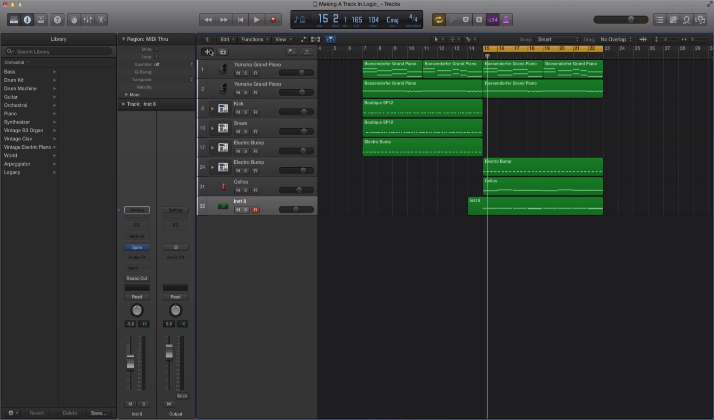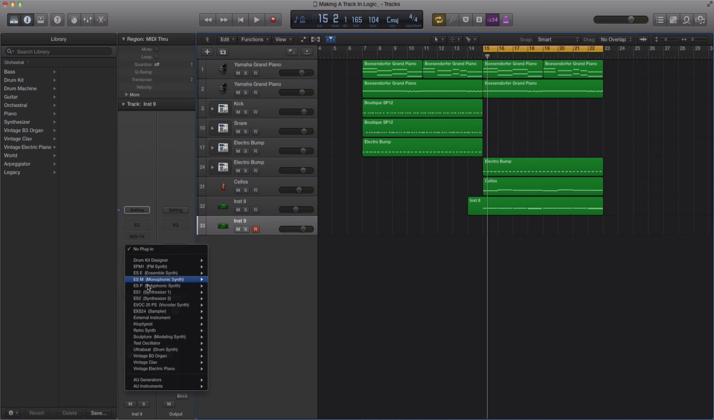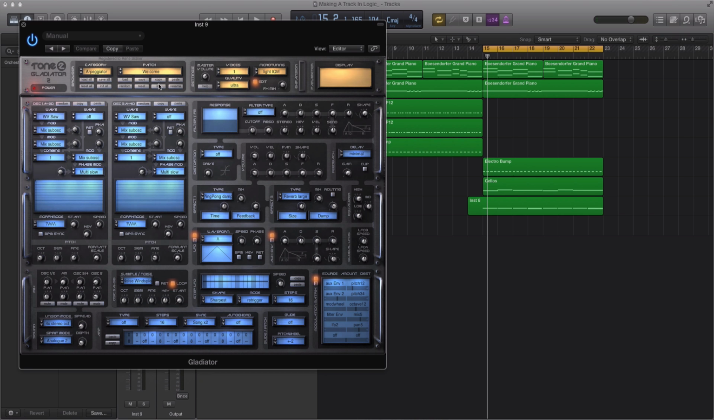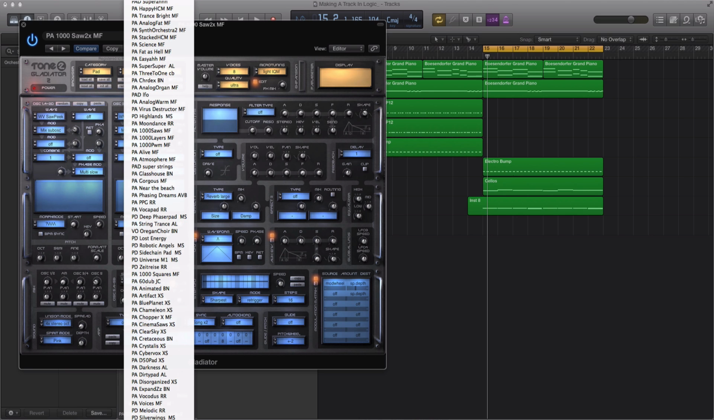I'm going to create another software instrument track, hit create, and I'm going to bring in a plugin that I also like to use by Tone 2 called Gladiator. You also get to see what kind of plugins I use. The next thing I'm going to do is select a pad, and thankfully I already selected one that I like to use, which is called, if I remember correctly,